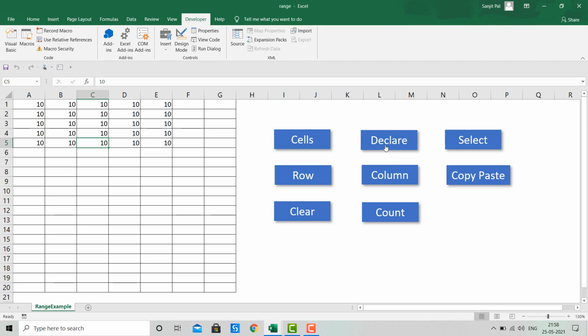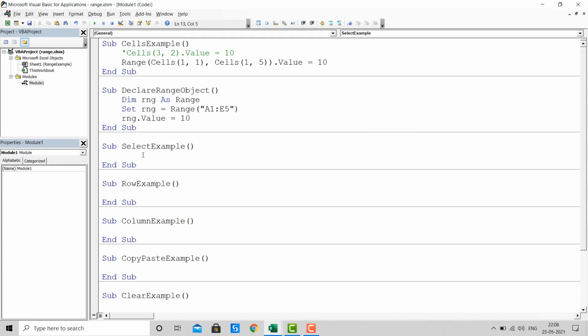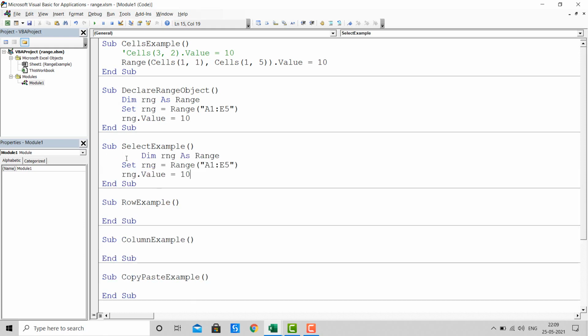Now let's move to our next property, which is select. So the select property is mainly used to select a cell, a range, a row, or a column. So let's write code to understand how we can use the select property. For that, we'll copy the same code from the declare range object macro and paste it in the select example sub procedure, and let's remove this code, and instead we'll use the dot select property.